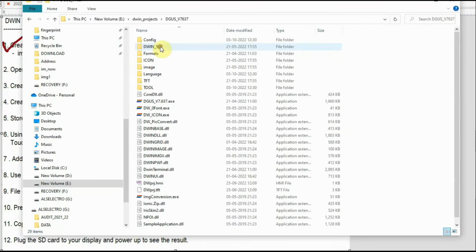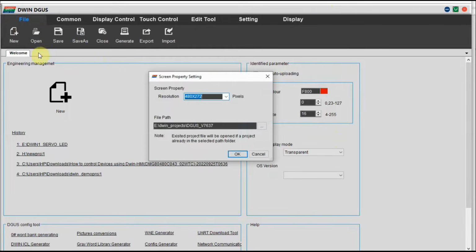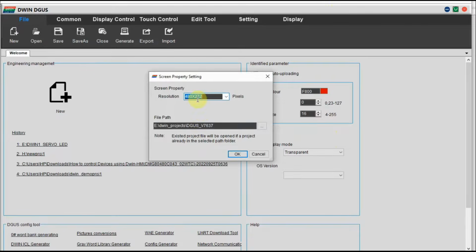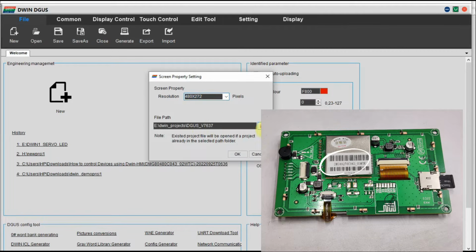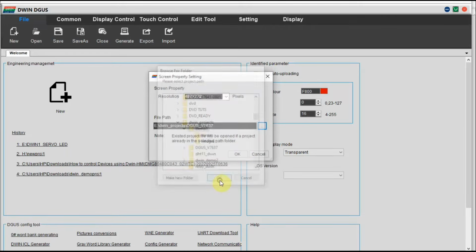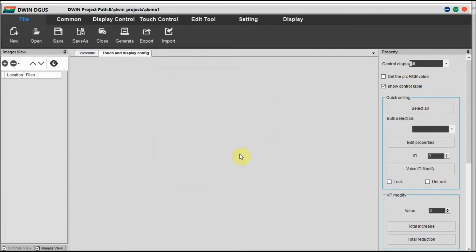Second step is open the DGUS software. Double click on the exe file to open the IDE and click on new. First you have to set the correct resolution of your display. Mine is 480 by 270. So set the resolution and then click on the file path of your project and click OK. Now the second step is over,